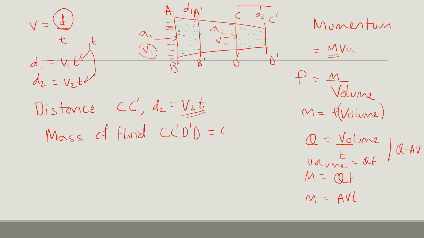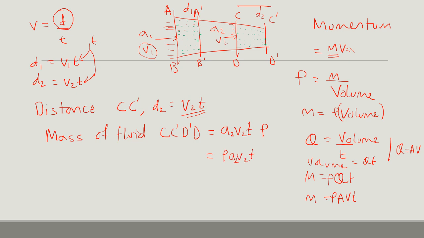Let's represent that with A2, the area at that cross section, A2, multiplied by the velocity, V2, multiplied by the time, T. Oh, sorry, I left something out. Rho, density, multiplied by the density, rho. So this can also be written as rho A2 V2